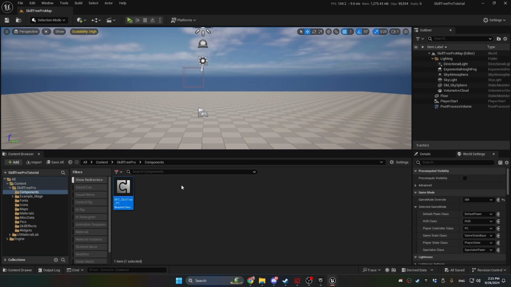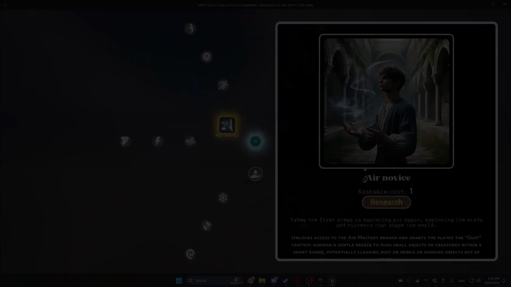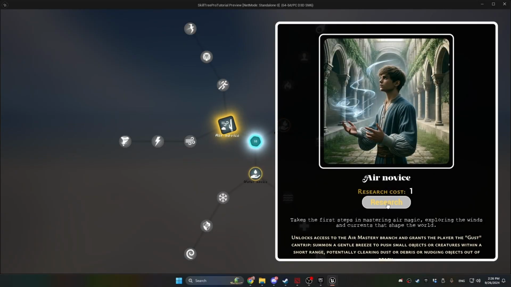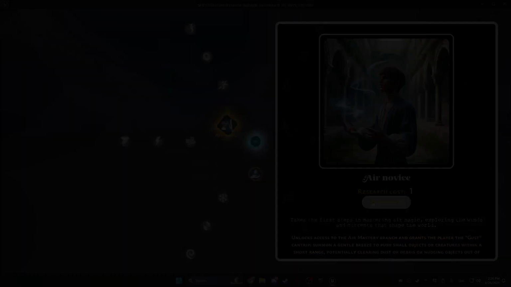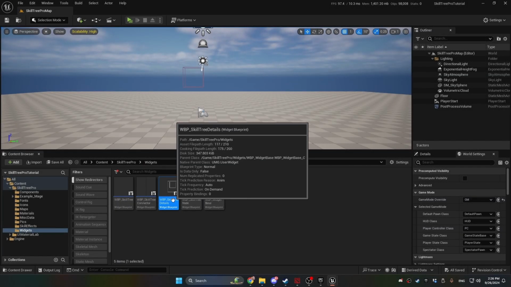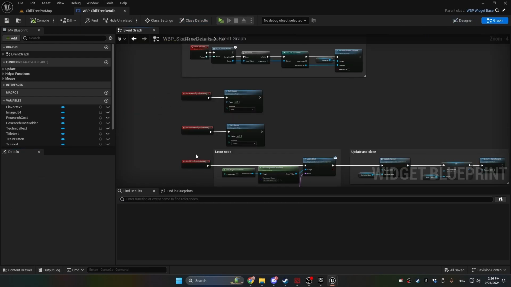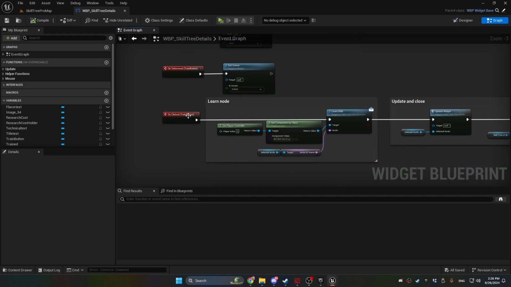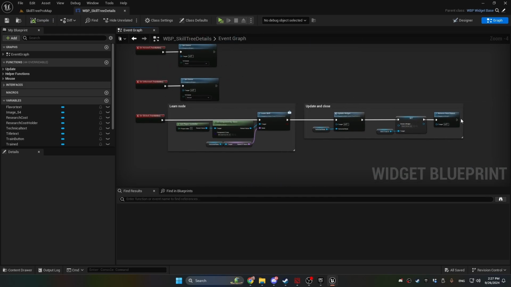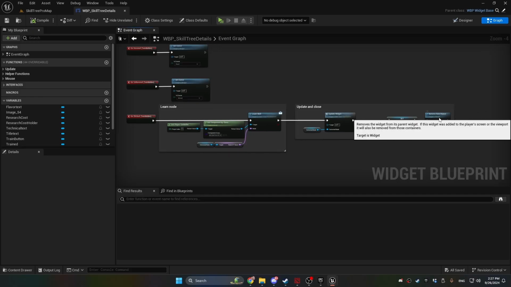We can close this, and now we're going to call on that interface function from the various parts of the system where we need the sounds. Now, one place that we want a sound is when we click on this research button here. So we'll go into our widgets folder and open up our details widget, go over to the graph, and go to the event graph. We already implemented some functionality on the on-clicked train button, and we're going to add some more to the beginning. We won't add it to the end because we're removing the widget from the parent at the end,